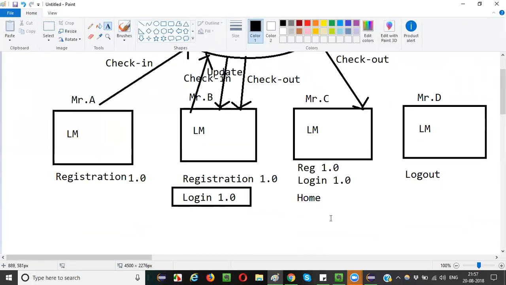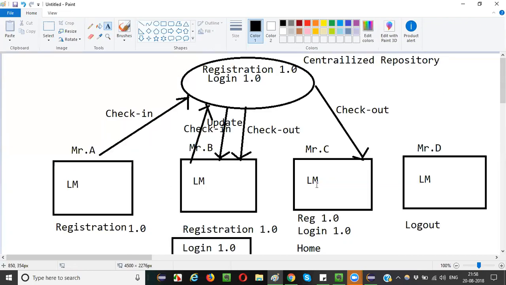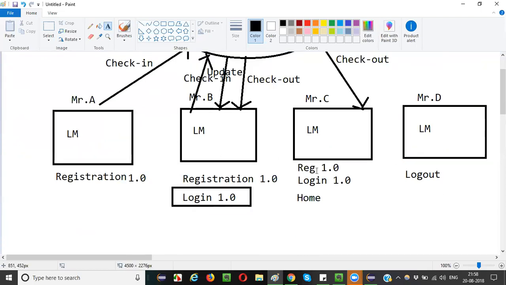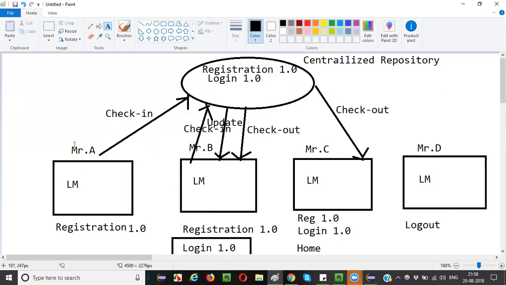Now your project manager or project lead has asked you to work on the homepage functionality. Per his instructions, you already have this code, so you started automating the homepage functionality in your local machine. While you are working, assume that another person also joined the project. Let's forget about Mr. D for now. So while you are working on the homepage,